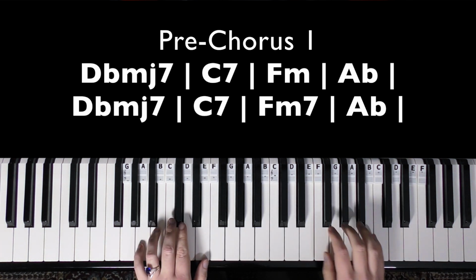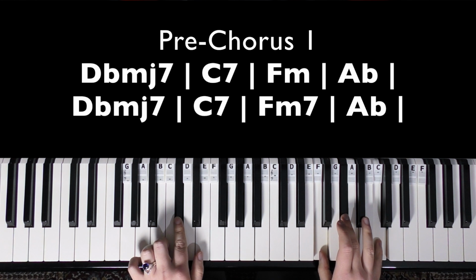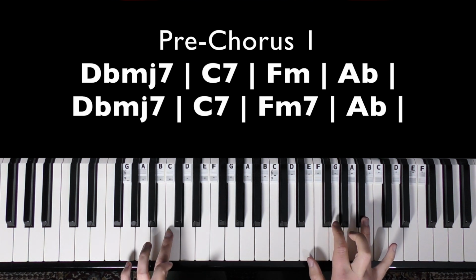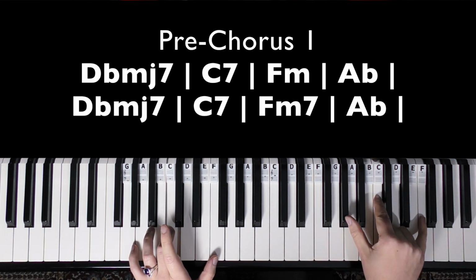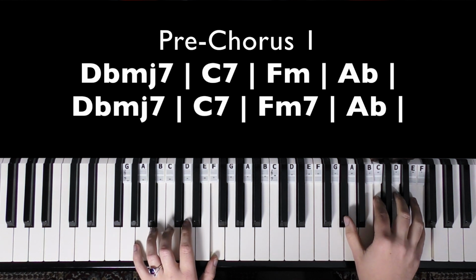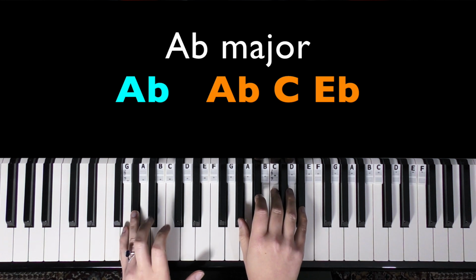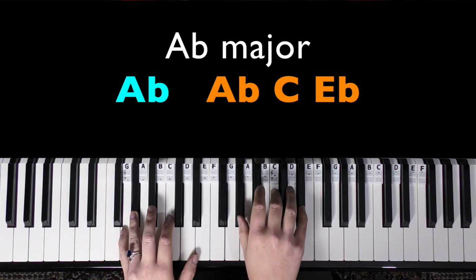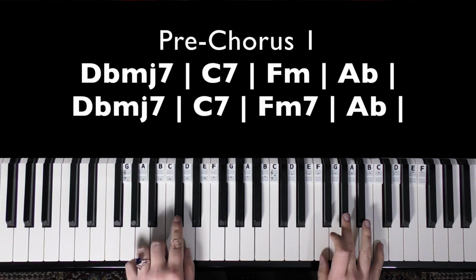So we have the D flat major again, so we're going to go left, right, right, and then the C7 again, the F minor, and then we're going to come down to A flat major, so A flat in the left hand, then A flat, C, and E flat in the right hand. That's the only thing that's new so far, and then back to D flat major 7,